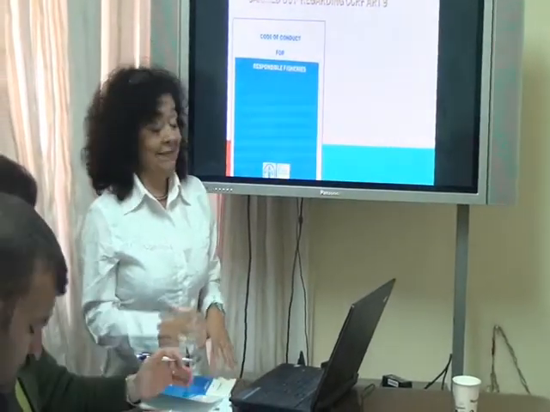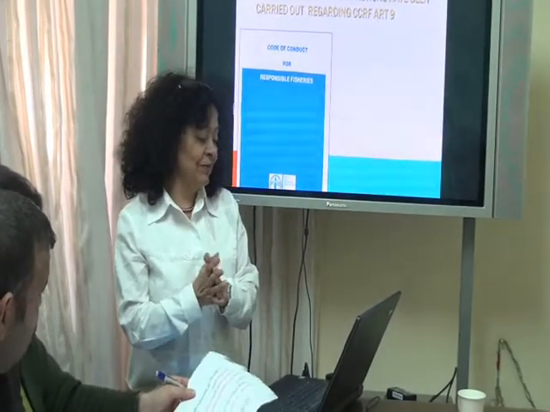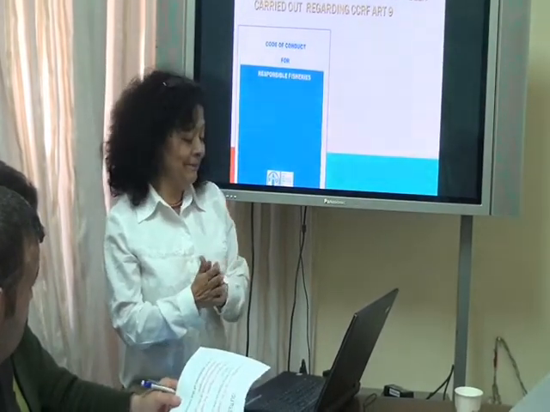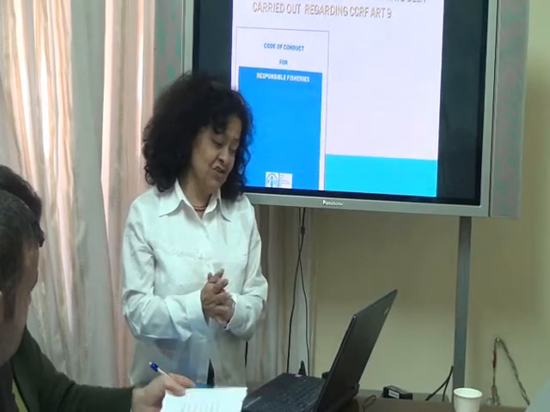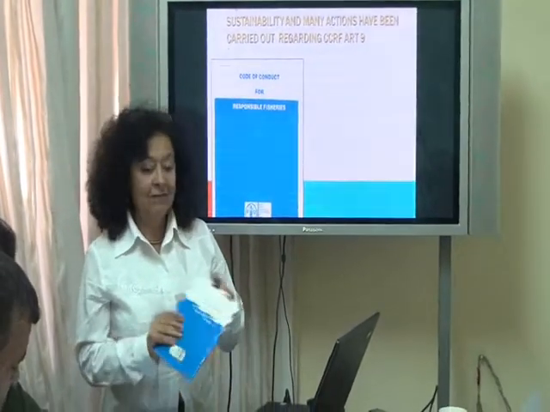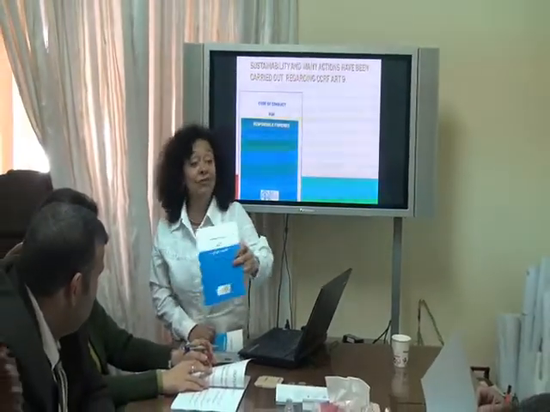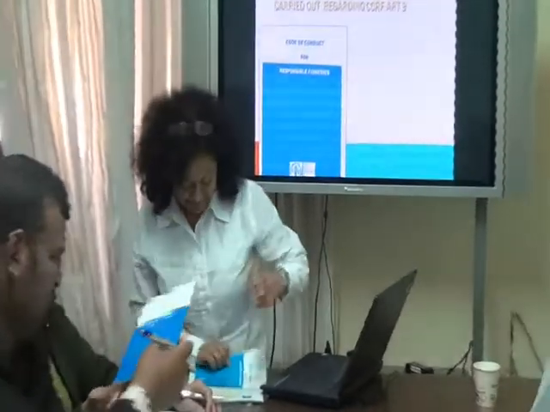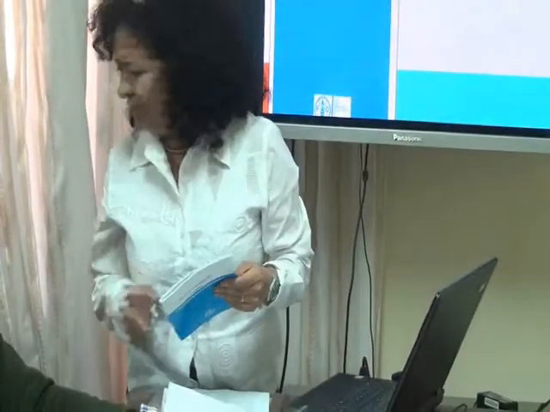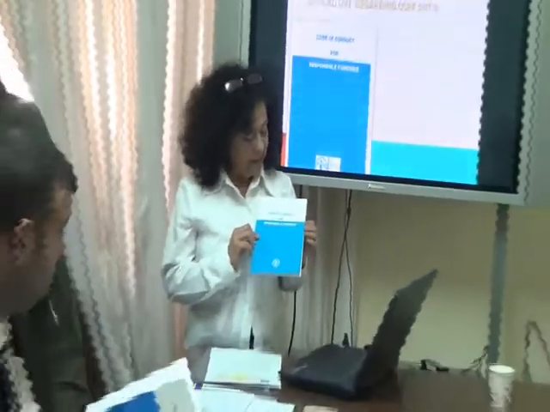Well, as Piero explained this morning, aquaculture has been moving towards sustainability, and many actions have been carried out regarding Article 9. So this is the Arabic copy of the code. I will pass it around so you can have a look. I think we have another copy in our documents. So this is the Code of Conduct. The code